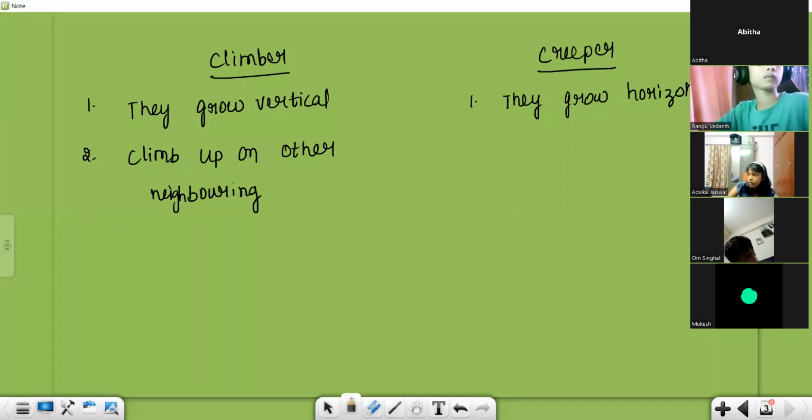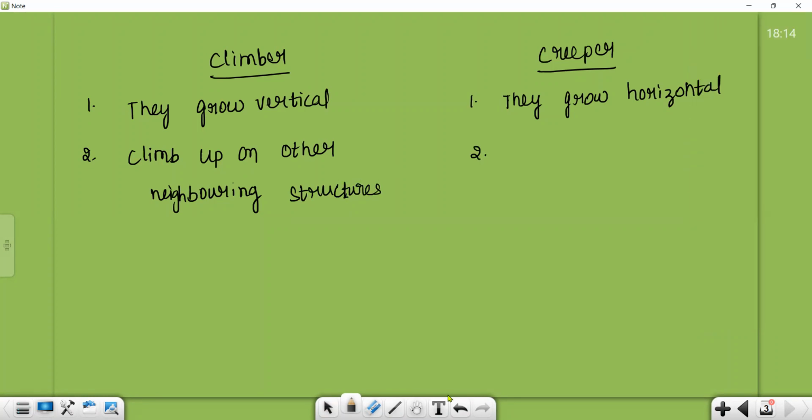Ma'am, is bitter gourd also a climber like that? It's a creeper. Bitter gourd is a creeper. It grows on the land, soil. But which one grows on the roads? Yes, ma'am, it's too small. It didn't give in even the bitter gourd. I told you, just look over the stem, the type of stem, but not on the fruit or flowers. Okay.